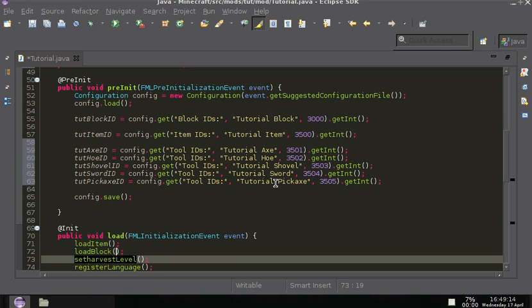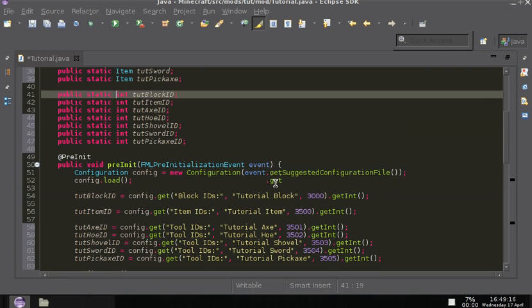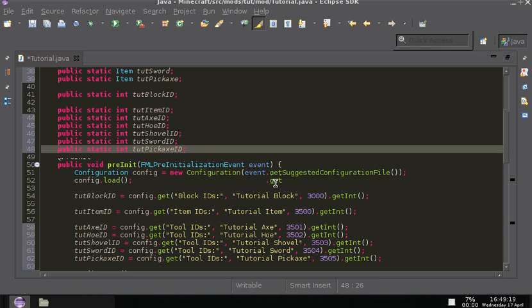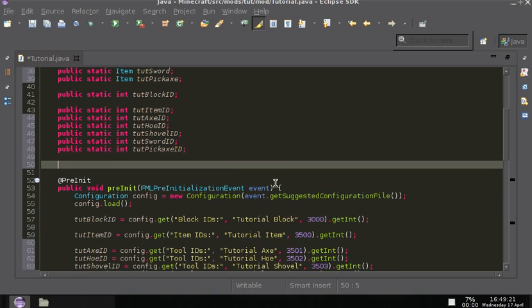Now that's done, I will go ahead and make the enum for the, what is it called? It's tool materials. So it will be public static enum tool material, and then in all caps tutorial, then equals enum helper